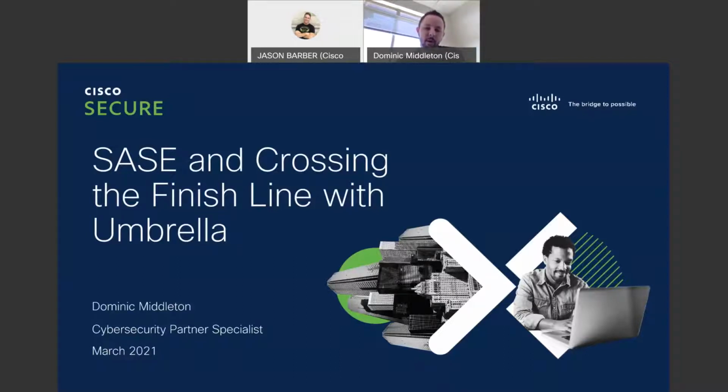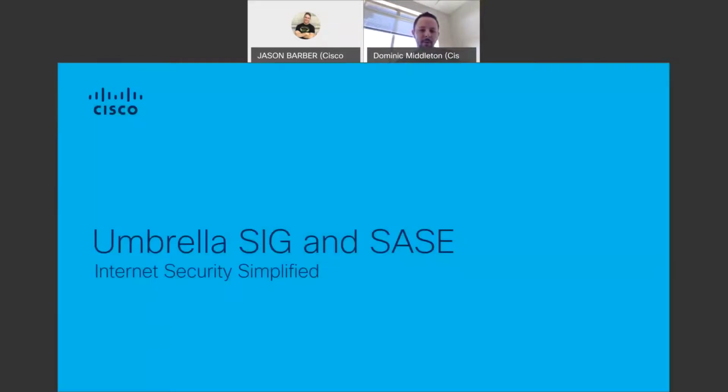And then at the end, we're actually going to talk about, let's say you have an Umbrella trial in flight. Let's say you have an opportunity in place. How do we work towards closing that? So it's going to be start to finish. We're going to start with Umbrella, start with SASE. Like I said, lay the foundation, take you all the way through how to sell it, and then how to close the deal or the opportunity at the very end of that through an Umbrella demo. So without further ado, let me go ahead and jump into this one.